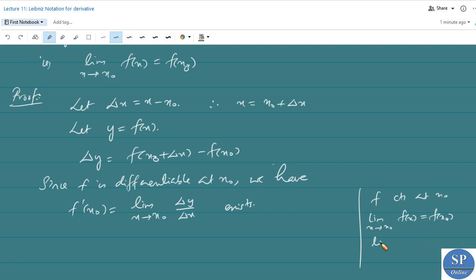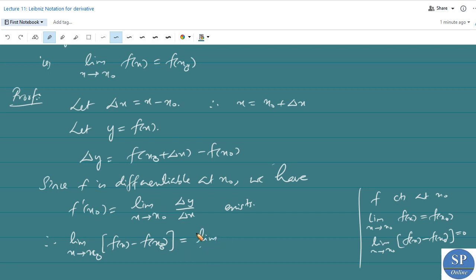Equivalently, we need to show that the limit as x tends to x naught of f of x minus f of x naught is equal to 0. We need only show this. So the limit as x tends to x naught of f of x minus f of x naught is equal to